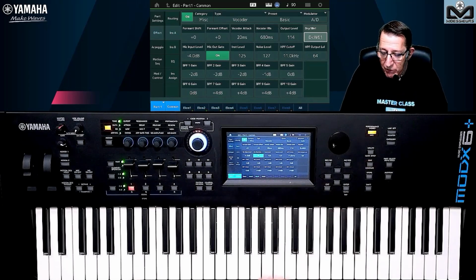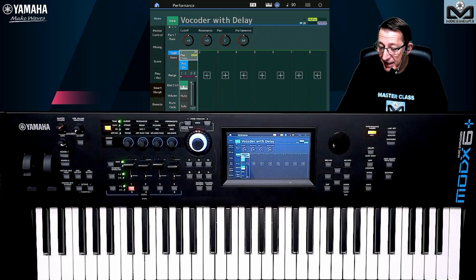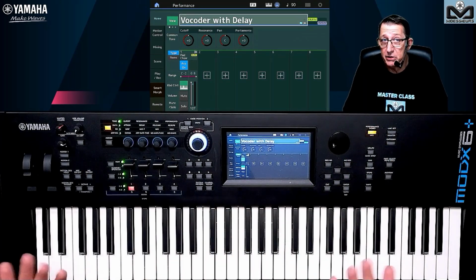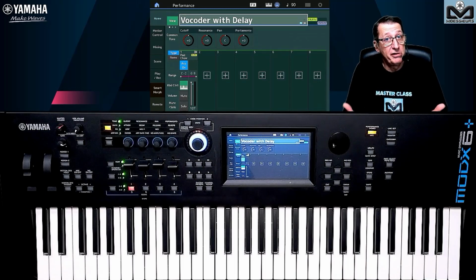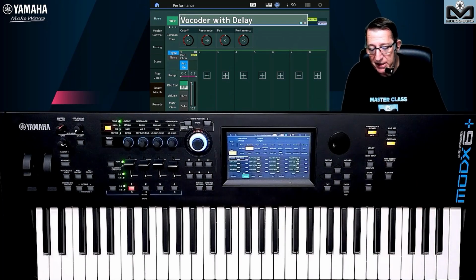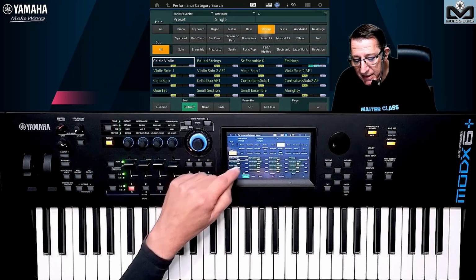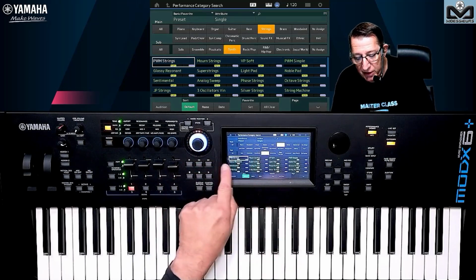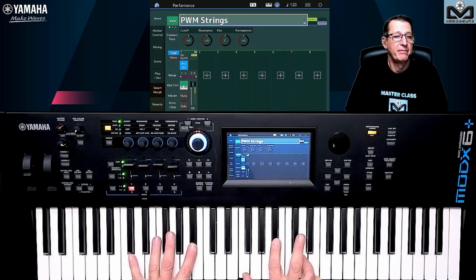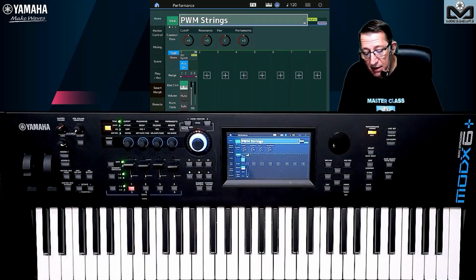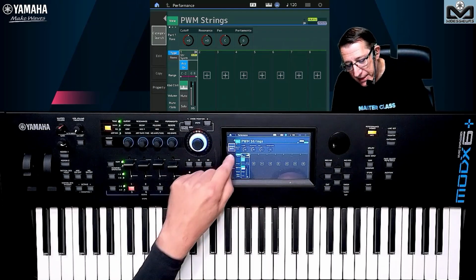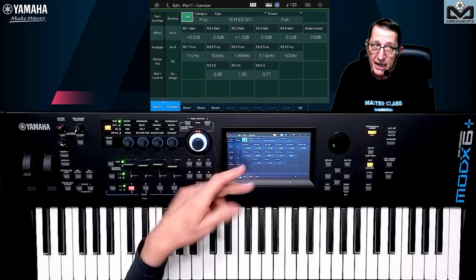So I'll remove my microphone to show you some of the things. So here we have a preset with already a vocoder inside, but perhaps you want to add a vocoder to one of the presets, or you use a sound. Oh, I can do this, or I can manage this. So let's go to category search, and let's go to the string section and to the synth, and I will take the first one, the PWM string, and we have this nice string here. Okay, and I want to add the vocoder on this, so I want to manage it through the part. So on the part, I select, I press edit, and we are directly on the effect.